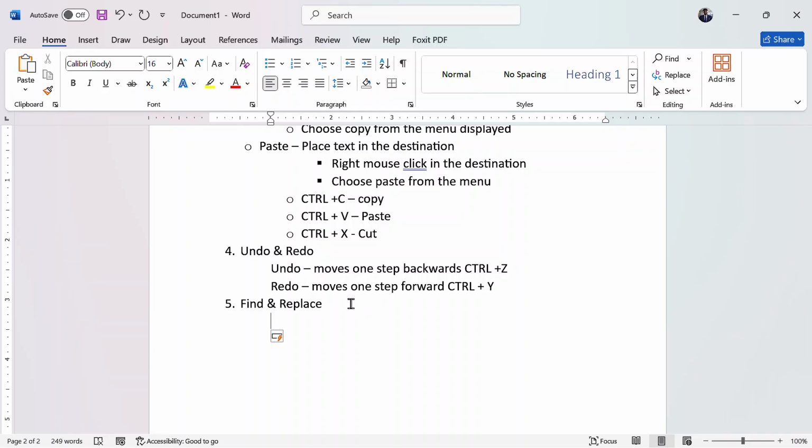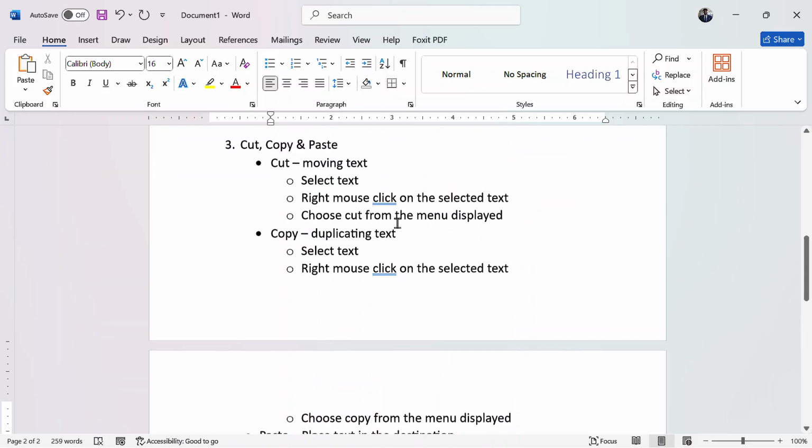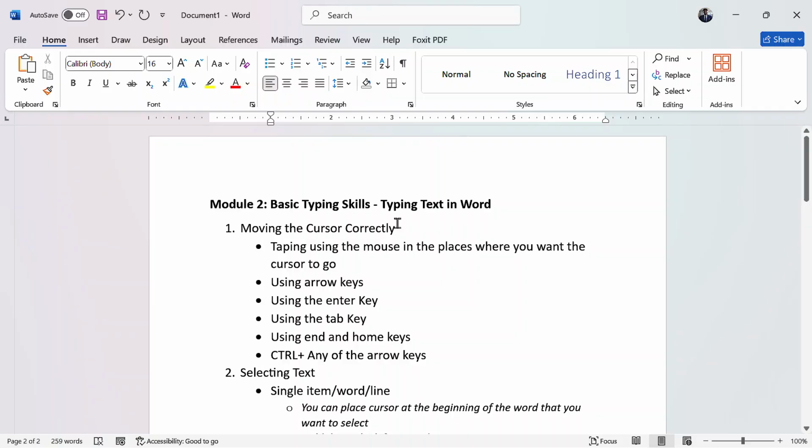Then you have find and replace. First of all, find alone looks for text in a document, and the shortcut is Control plus F. When you want to look for some text in the document, you can use Control F. For example, you have a very big document and you want to look for, let's say, CASA.